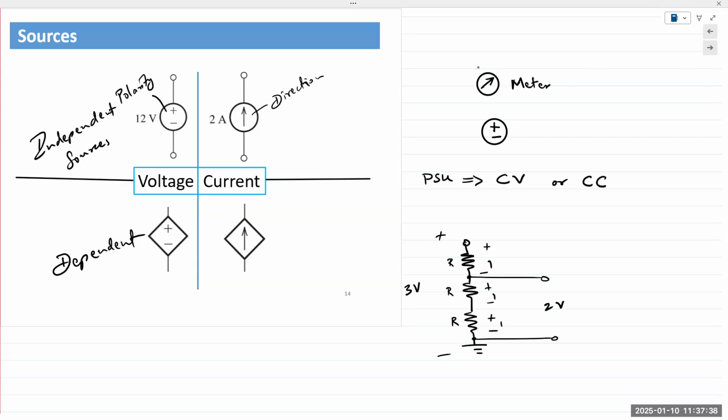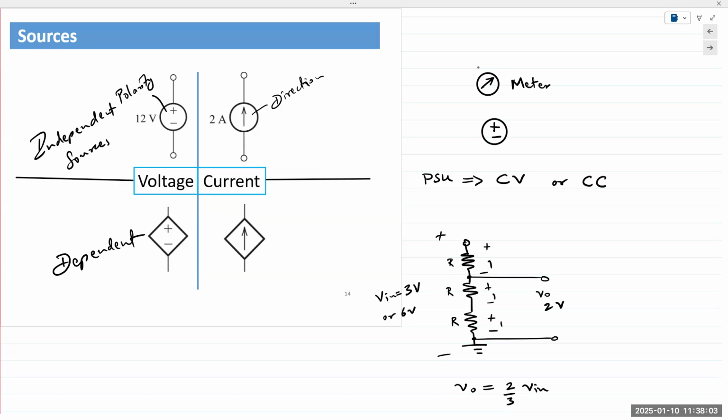And the equation to do that, let's say it's V out. Let's call this V in, and let's call this V out. V out is 2/3 times V in. If V in changes and goes to 6 volts, I'm just speaking easy numbers,